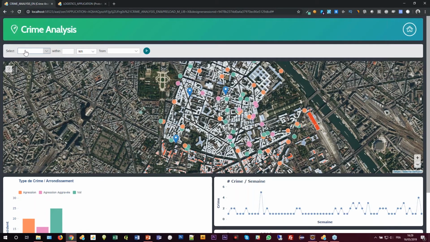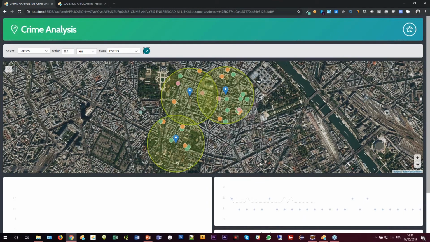And so there you can create a custom panel with Lumira Designer, and then you are going to call a script of Galigeo that is going to perform the selection for you. So there you select, for example, all crimes. So this is my crimes layer that you see on the map. Within, let's say 400 meters, so 0.4 kilometers. I could pick miles as well for the demonstration. And from the events, so my other layer, and I'm going to run that,